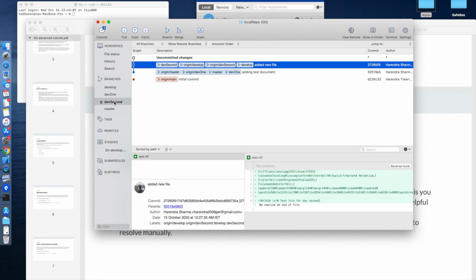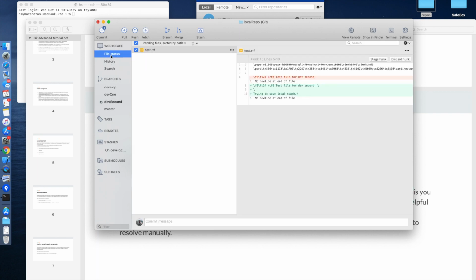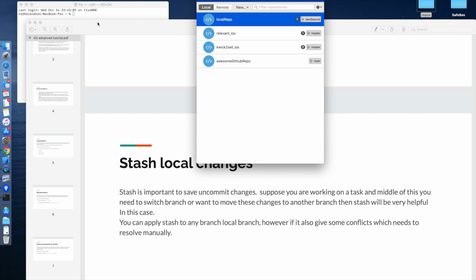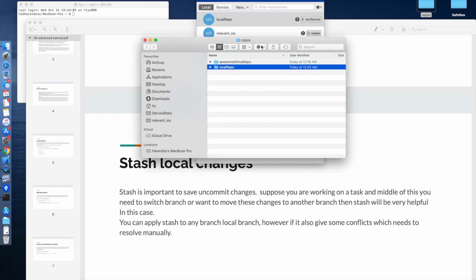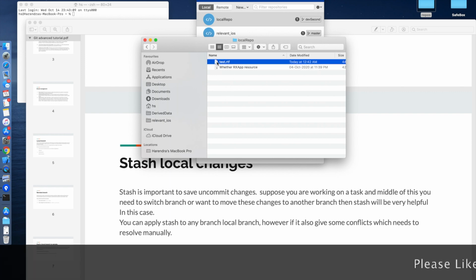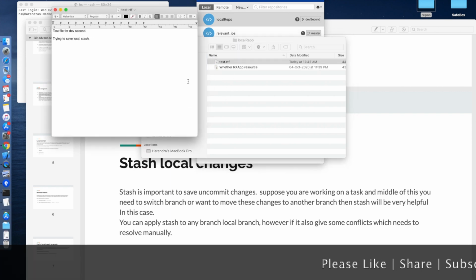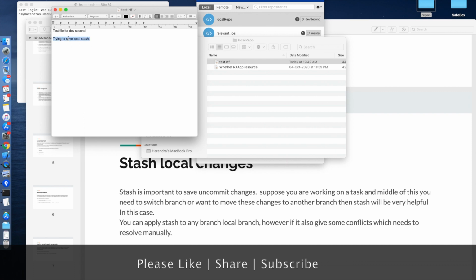Okay, so now you can check, here are some uncommitted changes. What are the uncommitted changes? Trying to save local stash. Okay, if I'm going to double check or verify this, going to my repository path and going to open this test file, you can check now we have these changes in our